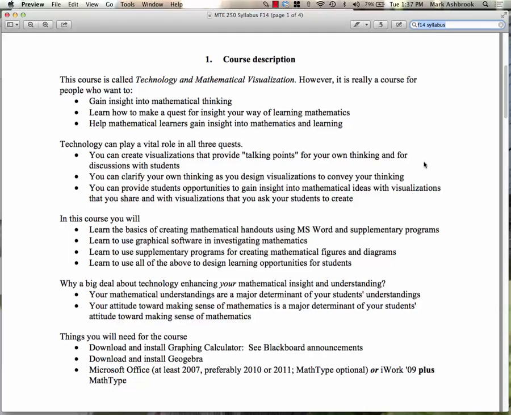Because your values, your attitudes, as Chris was talking about, what you believe, that's what you're passing on to your students, right? So the way that you think about mathematics, the way that you see it, the way that you approach it is what you're going to impart to your students. And so if we want our students to have insight into mathematical thinking, and if you've started reading the article and working on your assignment, if you want your students to have a conceptual orientation rather than a calculational orientation, you'd better have a rock solid conceptual orientation yourself. Then that needs to be the place from which you're teaching.